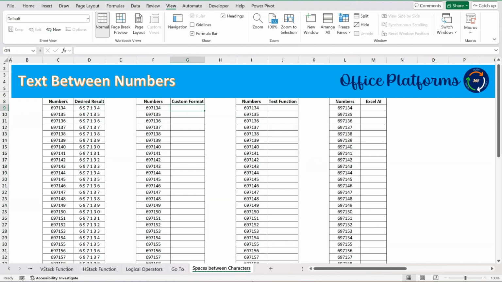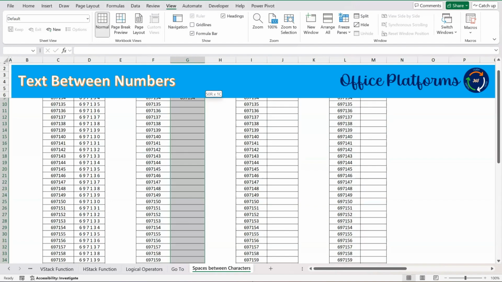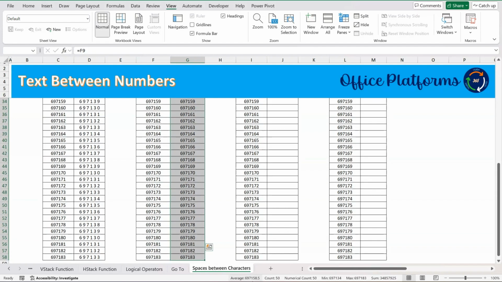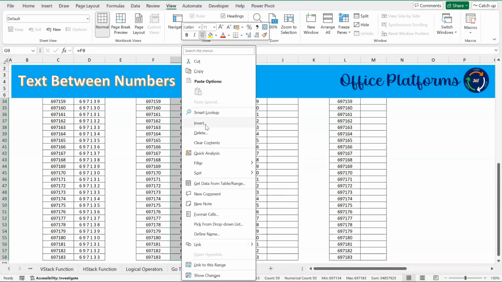There are three ways. One is using the custom format, another is using a text function, another is Excel's inbuilt AI. Now let us start getting this format using the custom format. So let us copy this data from this column and paste it over here. So let us select this data and right click, go to custom format,